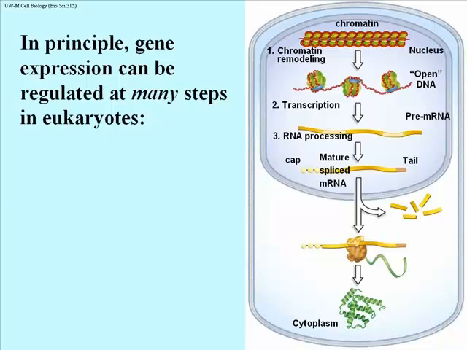And these are all just nuclear events, and then of course the message has to exit the nuclear pores and get into the cytoplasm. That's a step in itself, which in theory could be regulated. And then once in the cytoplasm, ribosomes have to bind, and we know, as I pointed out earlier, that translation can in fact be regulated. There are a few examples, which I may or may not have a chance to go through at some point. But just be aware that that's a point at which some controls over the final amount of protein produced can be exerted. There's translation. There's also mRNA degradation.